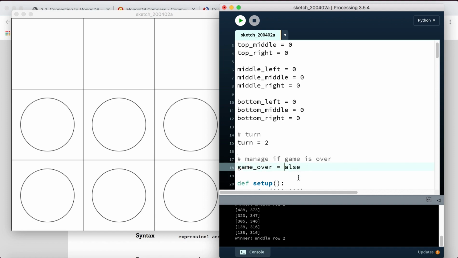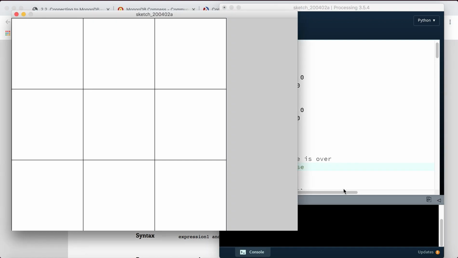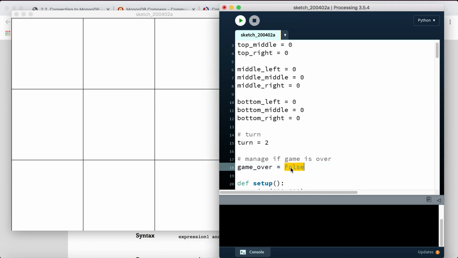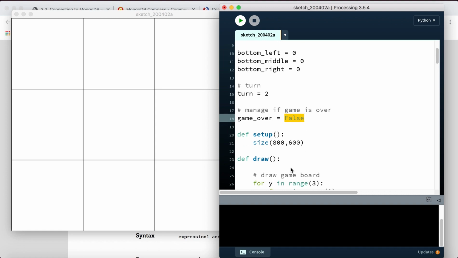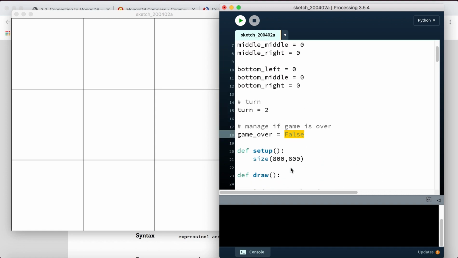That's a capital F. Lowercase f is not a valid type. It thinks it's a variable that isn't created, so it's giving you an error there. So this is false. It's the same thing that you get when you check for a condition that's not true. You kind of get a false,